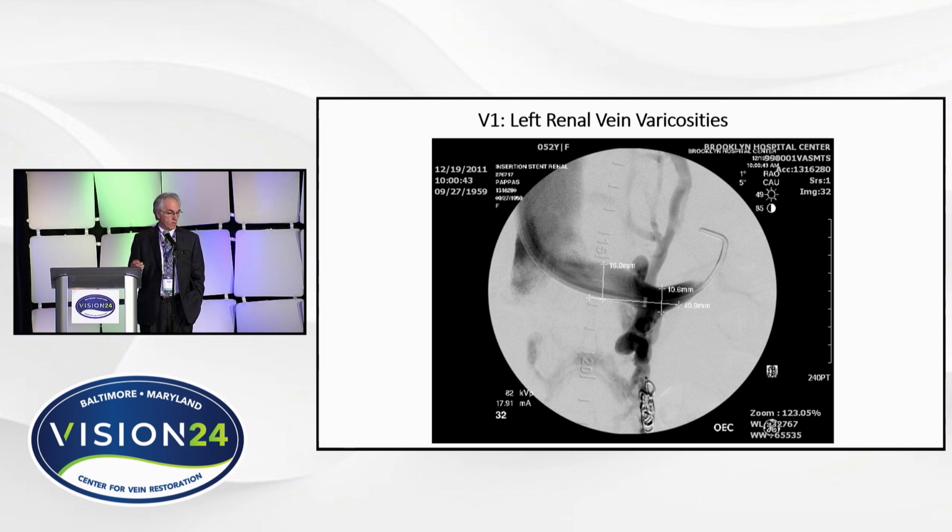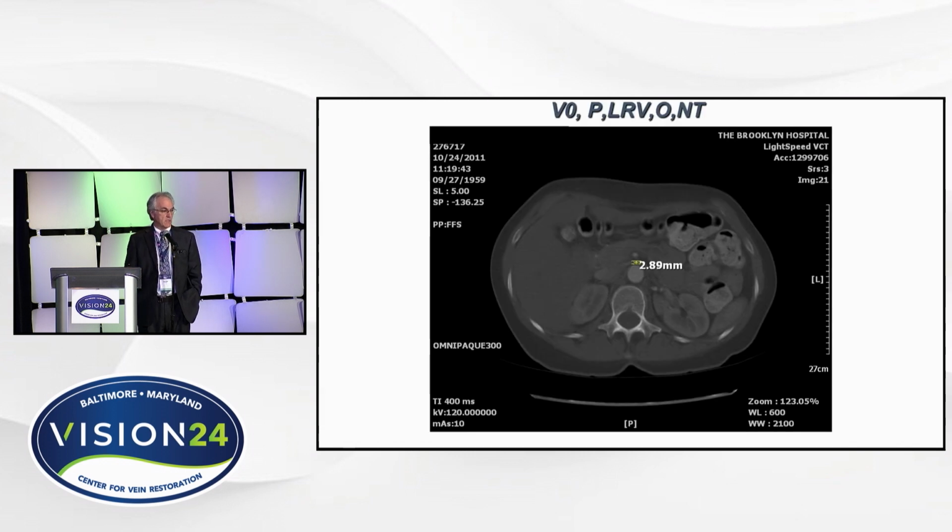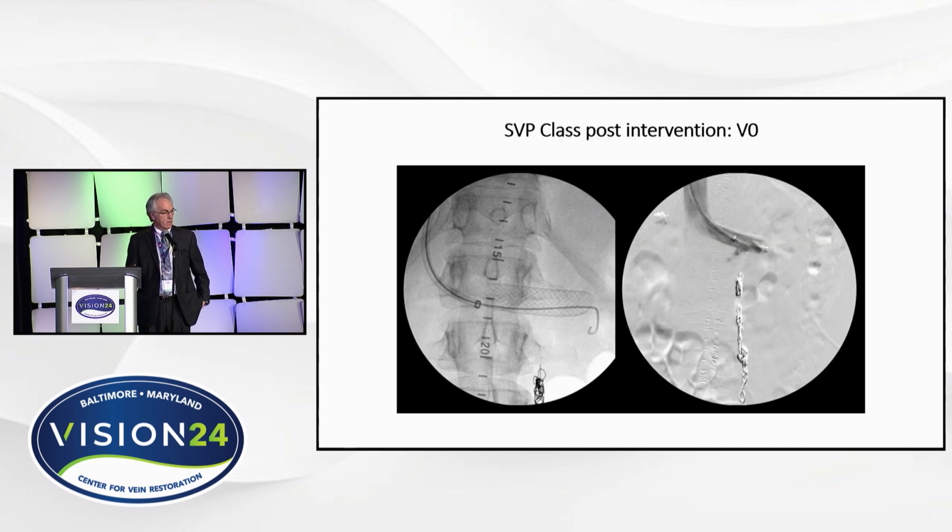So again, it focuses on varices and not necessarily on obstructive or stenotic lesions. For example, this is the same patient I showed, who has a 2 millimeter left renal vein, and I'll show you another slide that has some pre-dilatation on it. This would be considered a V0 patient, not a V1 patient, because there are no hilar varices that you can see on this one. So this is what the venogram looked like afterwards,